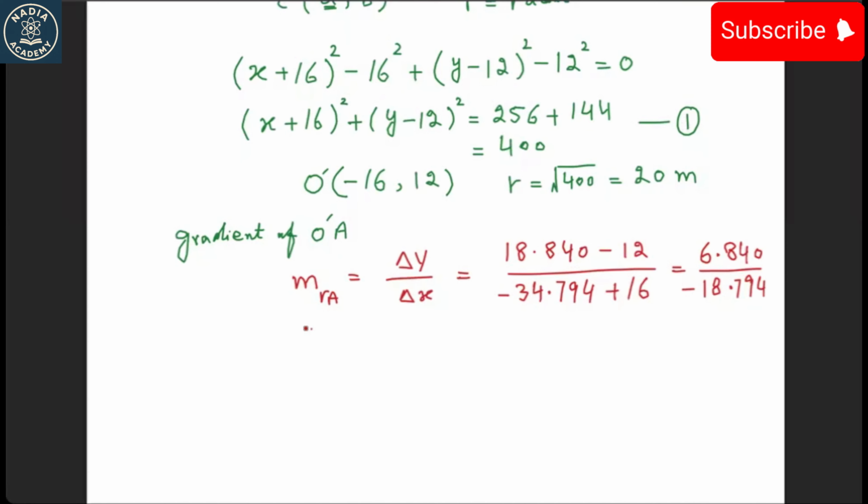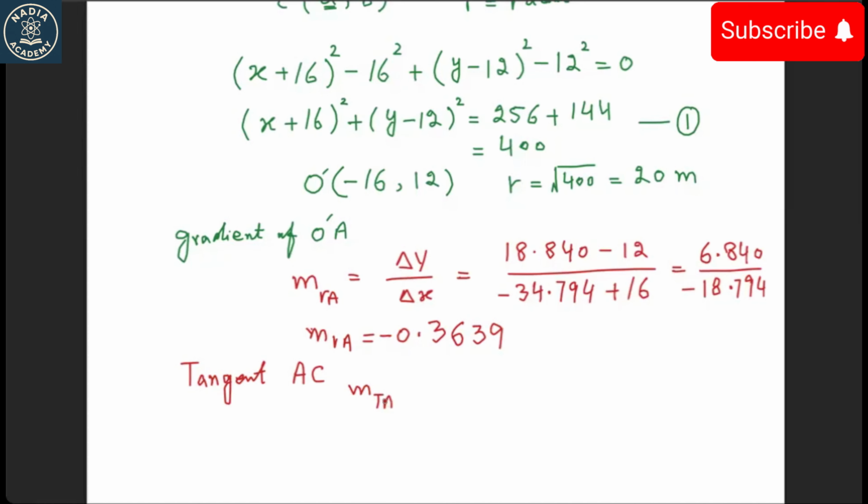that we got here, MRA, is equal to 0 point, and that will be negative, of course, 3639. Okay, now from this gradient, we can calculate the gradient of tangent AC. Our tangent AC, the gradient will be that we can call it